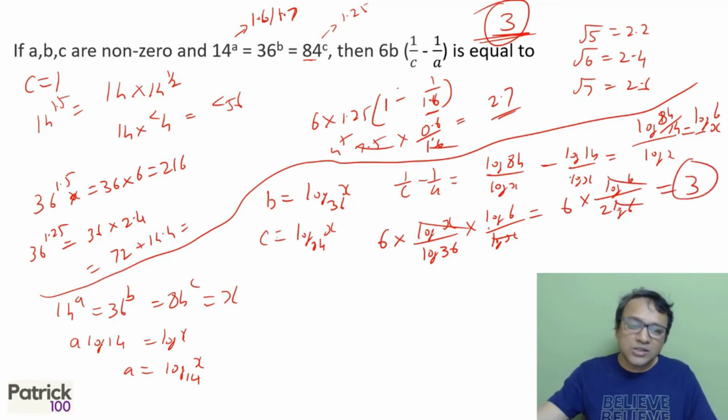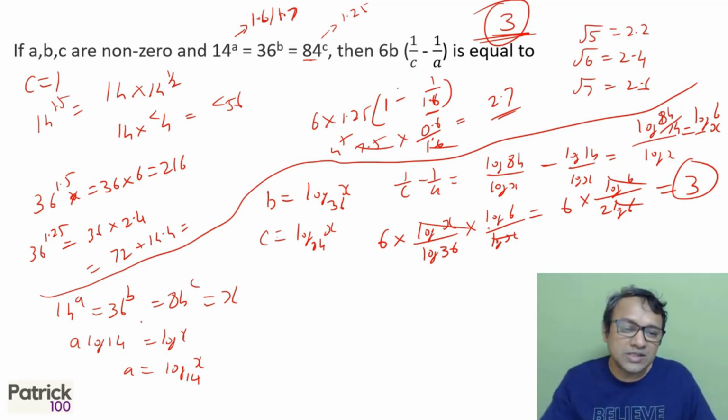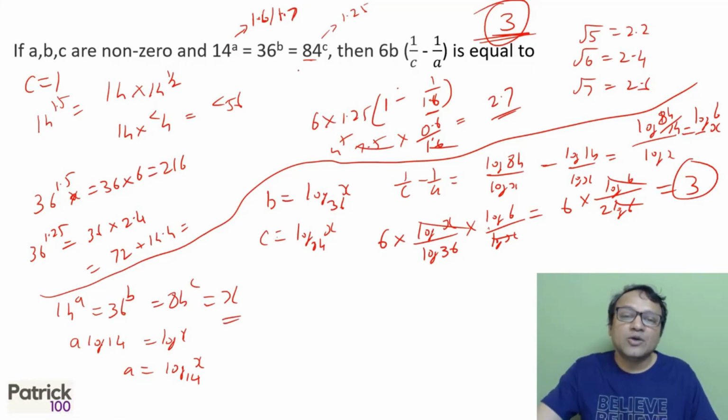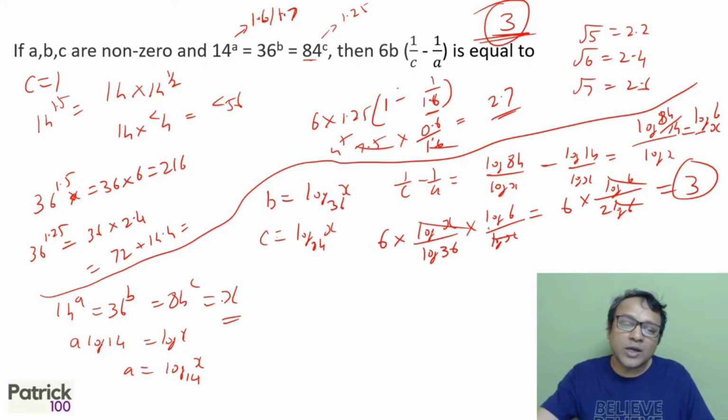So you can solve by logs: convert this equal to X and make it logs. The hint of taking a log is that the power is variable. To convert to a proper number, you have to take a log. So therefore, we take equal to X and then log it out. When you take log, first, 1 upon C minus 1 upon A gives you log 6 to the base X. Then substitute in the whole equation.